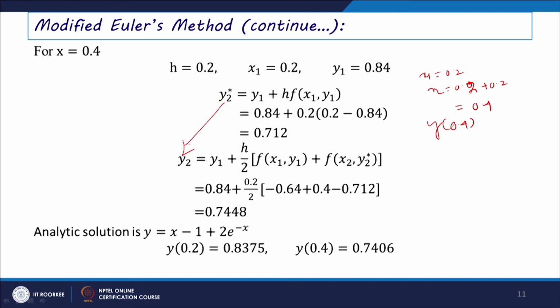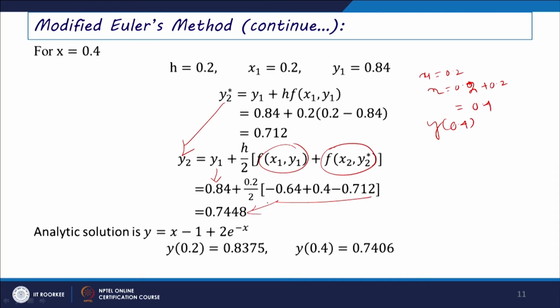So y2 can be written as y1 plus h by 2 times f of x1 y1 plus f of x2 y2 star. If you put the y1 value, that is 0.84, h is 0.2 by 2, then f of x1 y1, that is minus 0.64 plus 0.4 minus 0.712, and the final value we obtain is